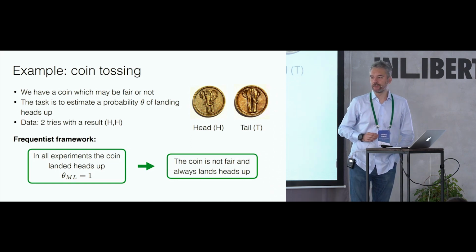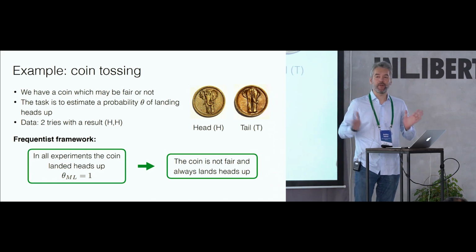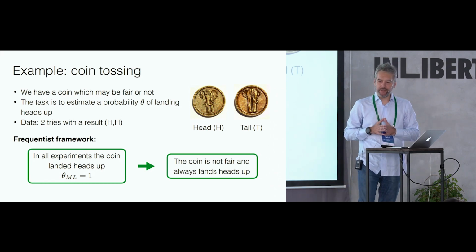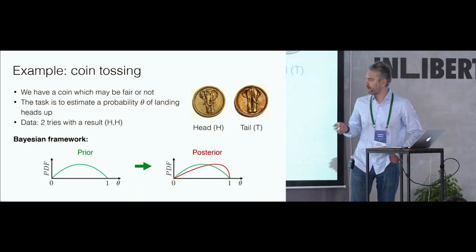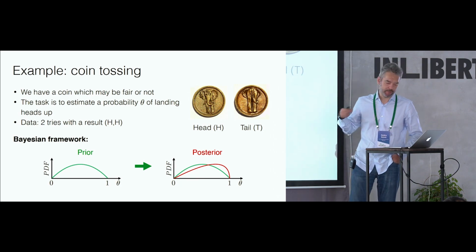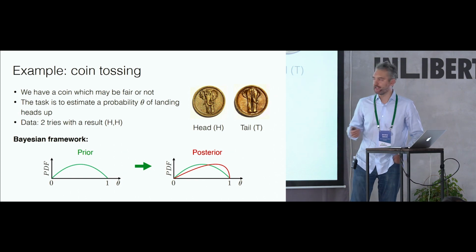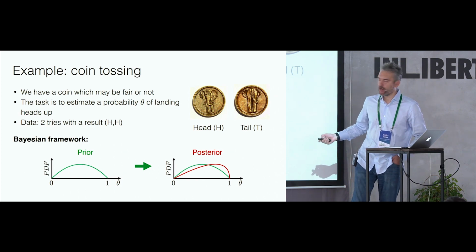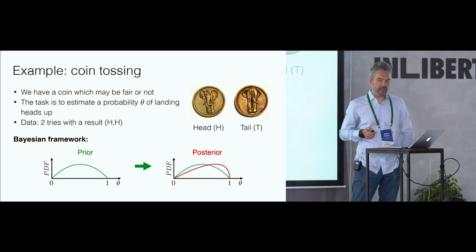So we start from a prior distribution, and the prior distribution reflects our prior knowledge about possible values of theta. And we know that most of the coins with which we deal in our real life are unbiased, are fair coins. So we may encode our uncertainty about the possible values of the probability of a head in terms of a prior distribution, and it will probably have a mode around 1/2, because most coins are fair. And after we